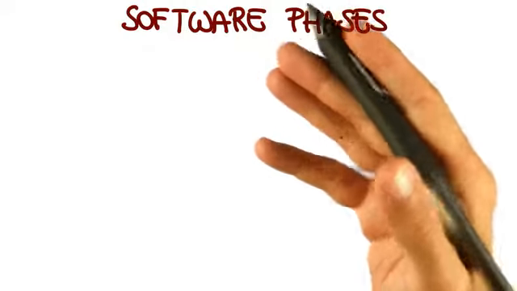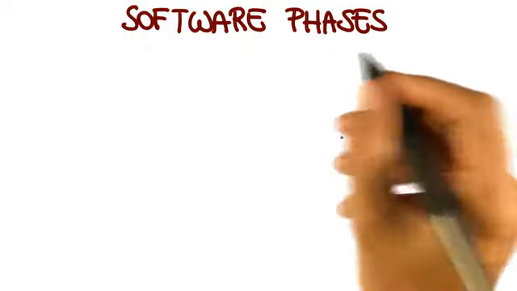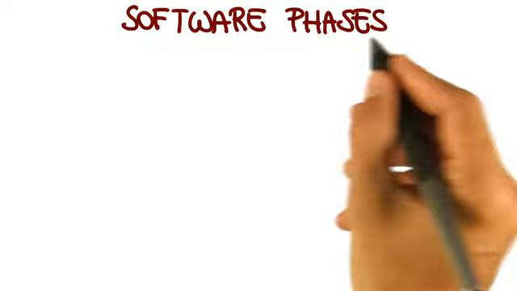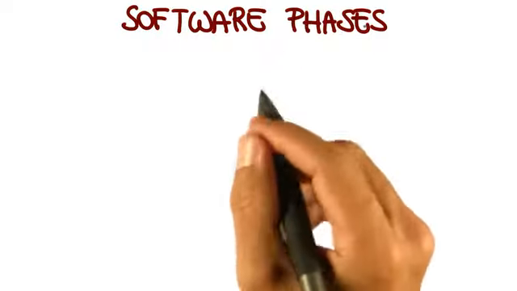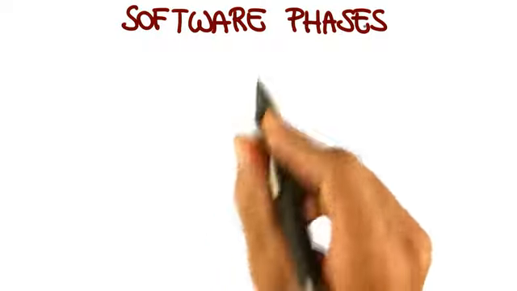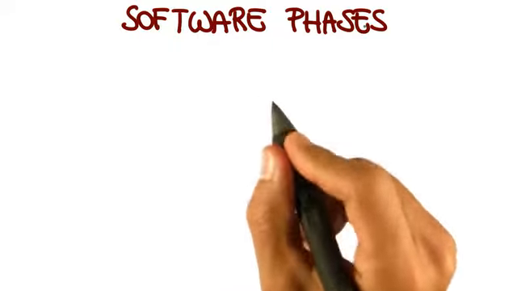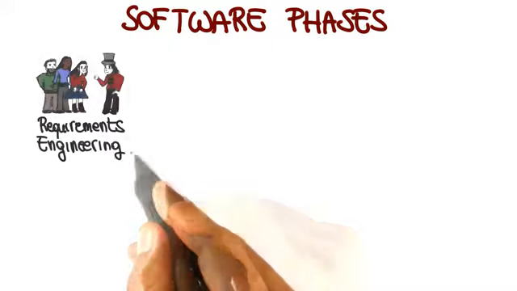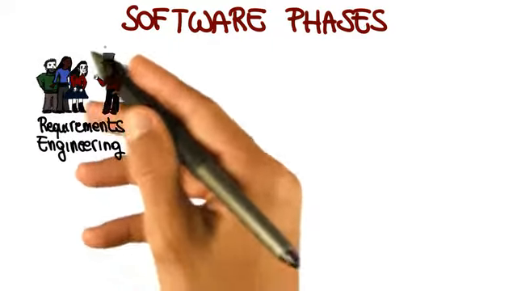In fact, software processes are normally characterized by several phases, what we call the software phases. And only one of these phases is mainly focused on coding. The other phases are meant to support other parts of software development. So the first of these phases is called requirements engineering, and that's the phase in which we talk to the